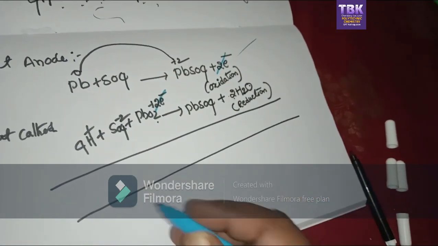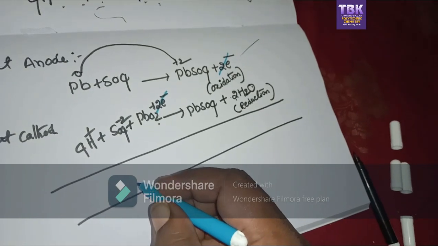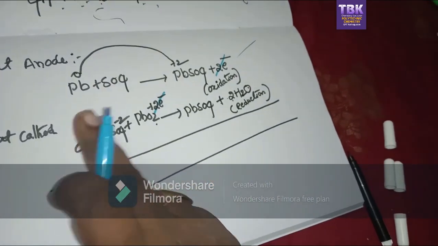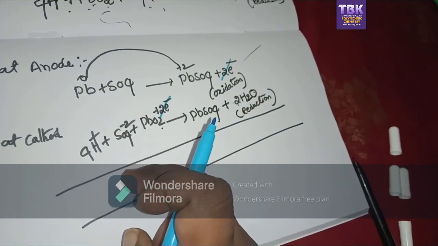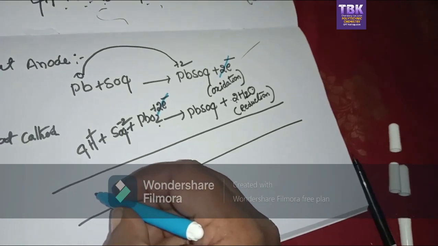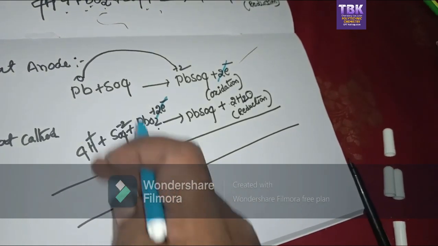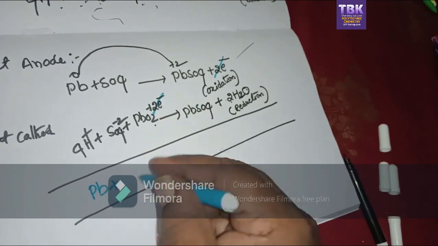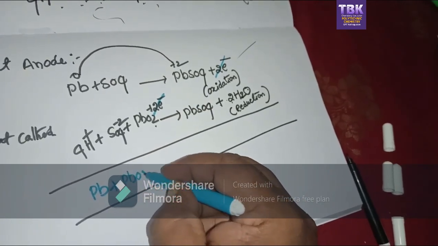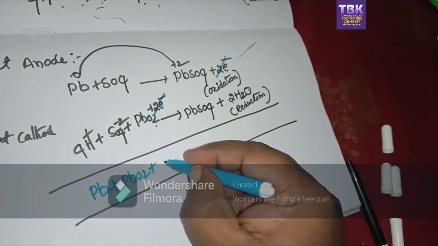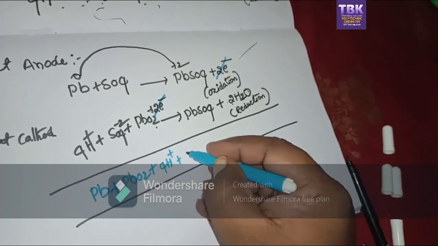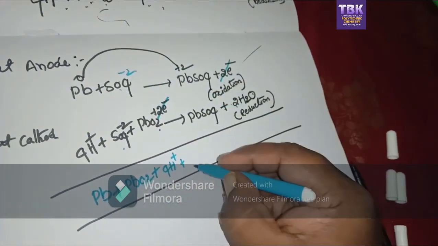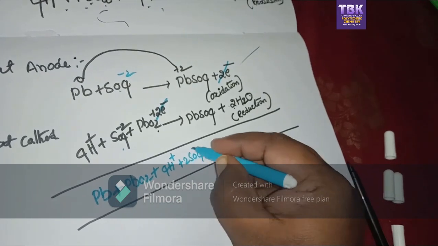Okay, remaining are, cancel అవ్వాల్సినవి ఉన్నాయా, ఏం లేవు. ఓకే, Pb plus PbO2 plus 4H plus ions plus 2 sulfate ions